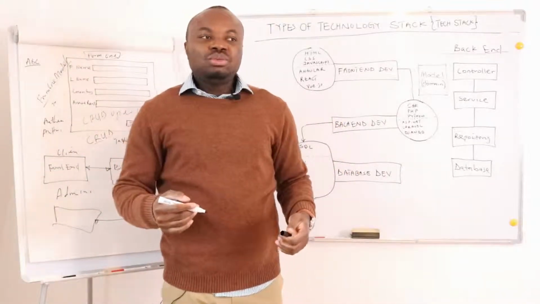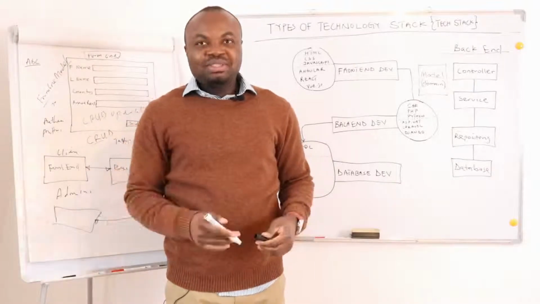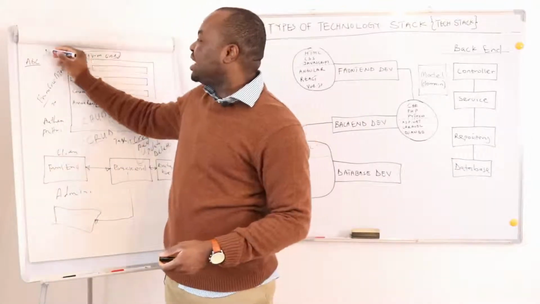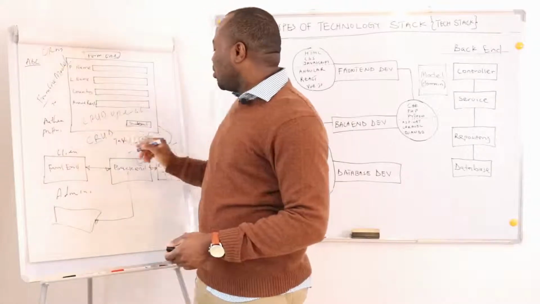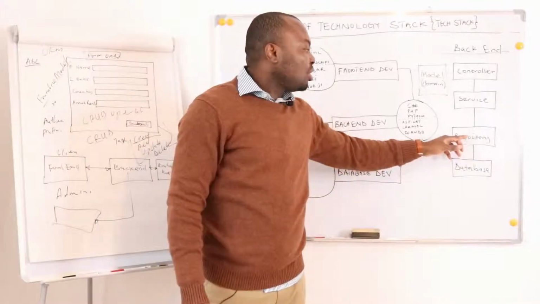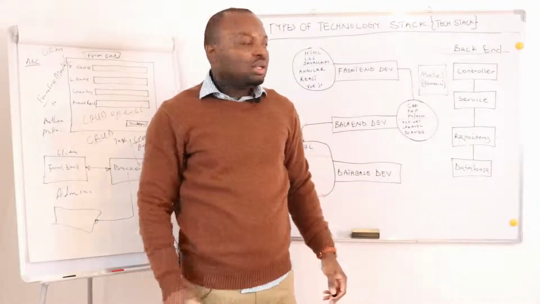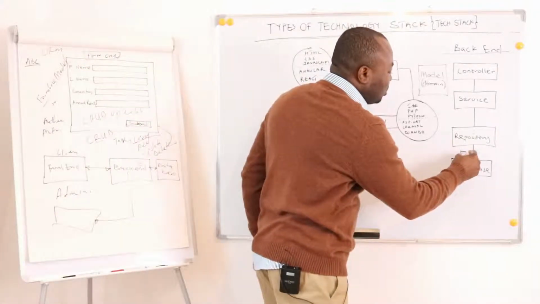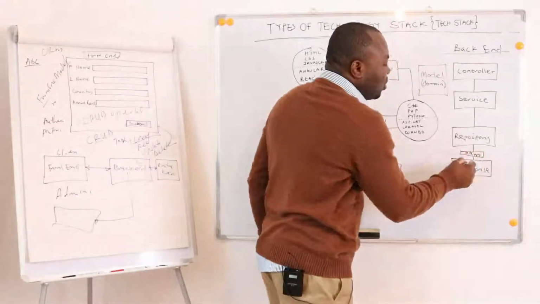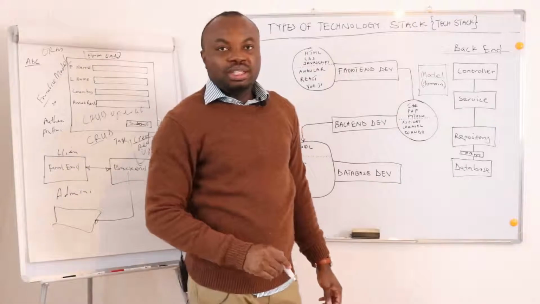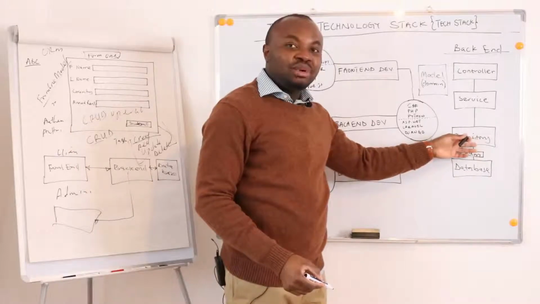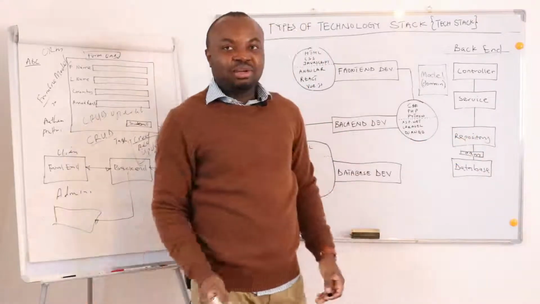Then as you go forward, I will explain this when I talk about the object relational mapper, ORM. Sometimes you don't want the repository to talk directly to your database. So you install what we call a package here, called ORM. ORM stands for Object Relational Mapper. It takes your object, the model you want to save, and does the saving operation for you.